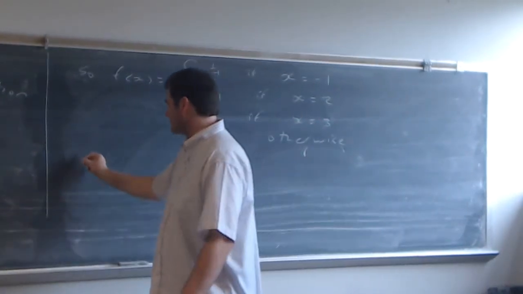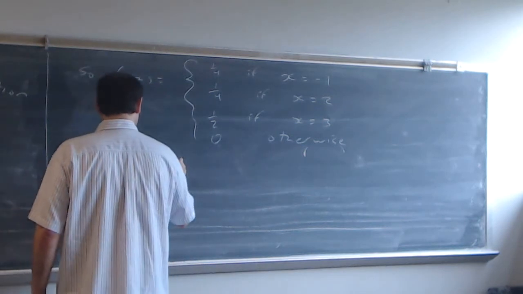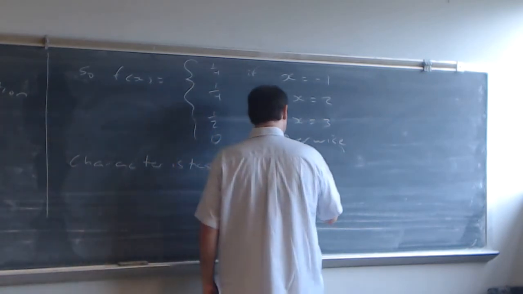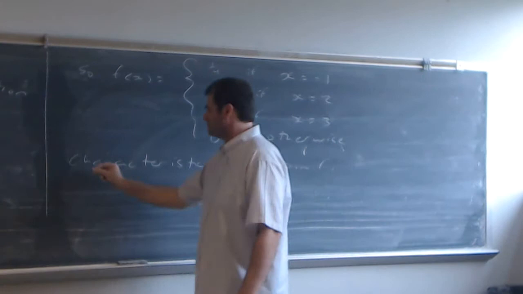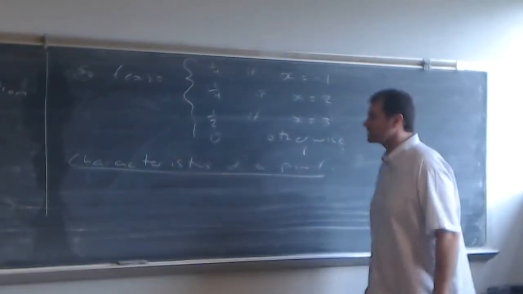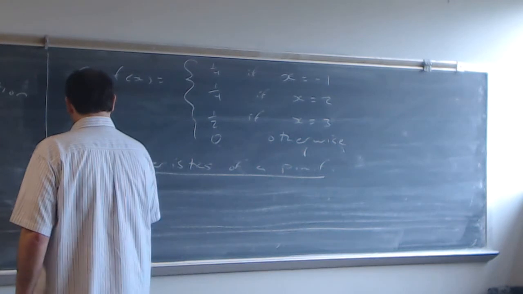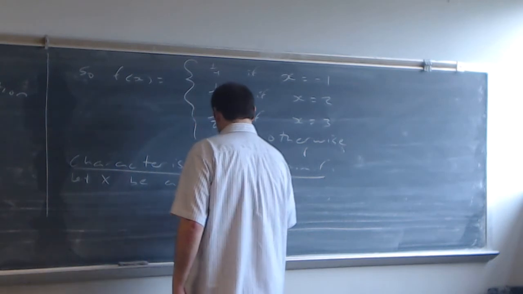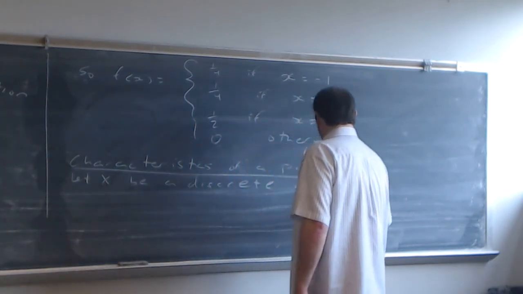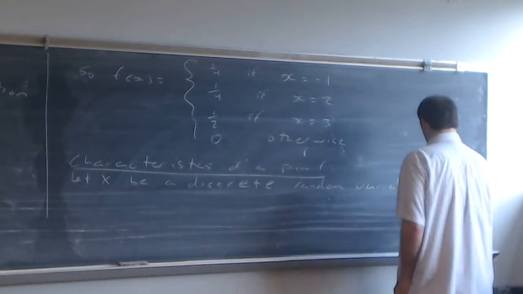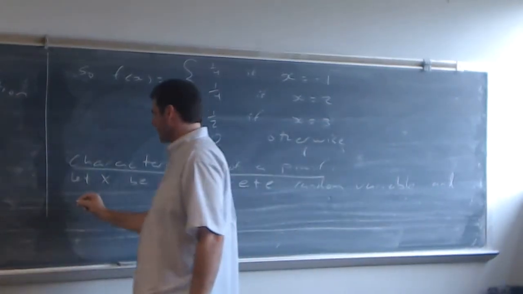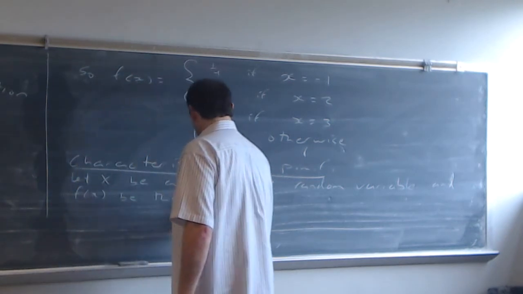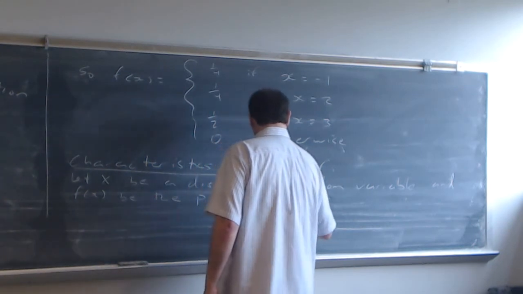And some characteristics of a PMF is what we want to look at next. And so what we say is let x be a discrete random variable, and f of x be the PMF of x. Then,